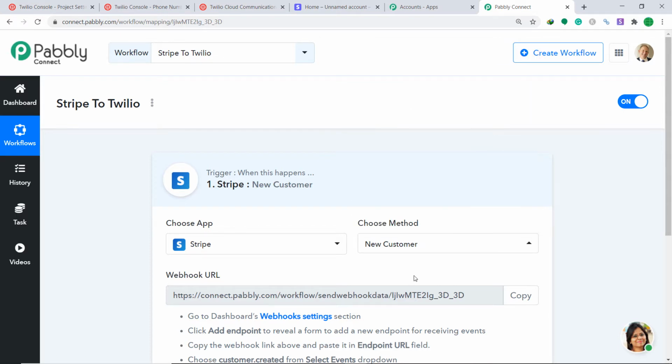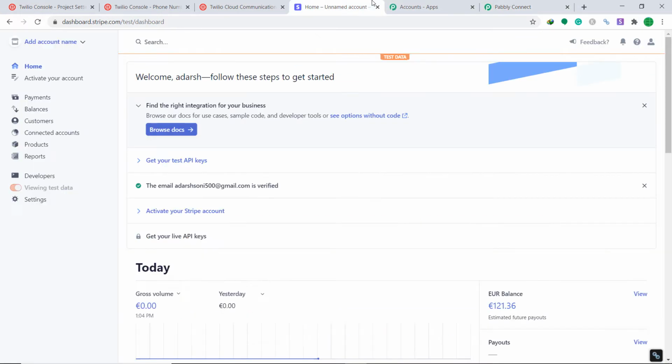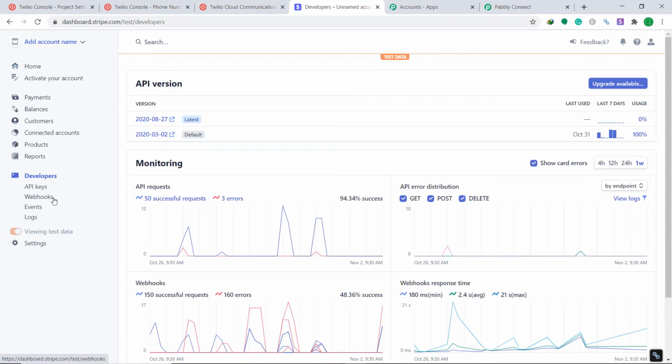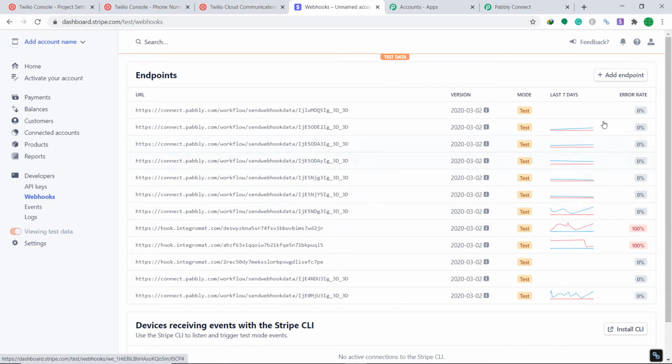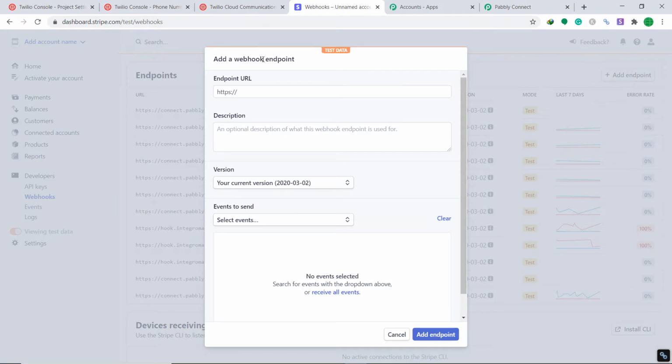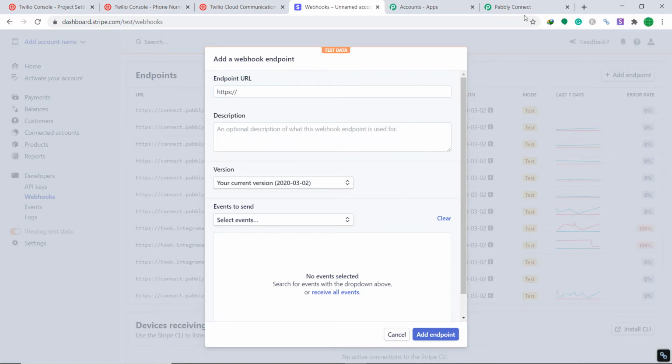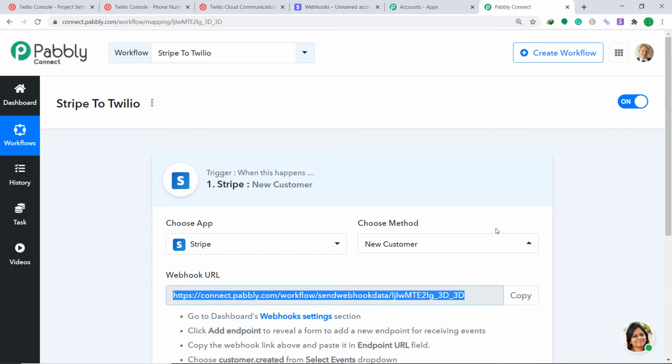So essentially what we are trying to do is, we are trying to connect Stripe to Pabbly Connect. So let me show you my Stripe account. Okay, so this is my Stripe account. Since we are interested in integrating Stripe to Pabbly Connect, let's go to this part called developers. Here, let's go to this part called webhooks. Okay, at the right corner, you will find a button called Add Endpoint. Click this. A window appears in front of you. Here you will find a blank called Endpoint URL. So we want this endpoint URL. To get the endpoint URL, let's go to Pabbly Connect and copy this. This is the webhook URL or the endpoint URL you want, and paste it here.